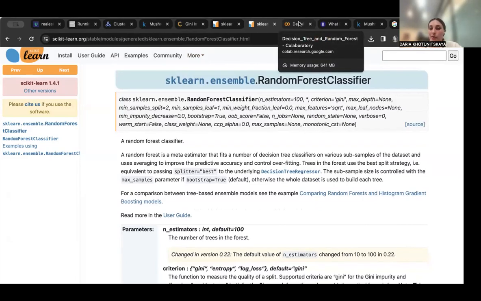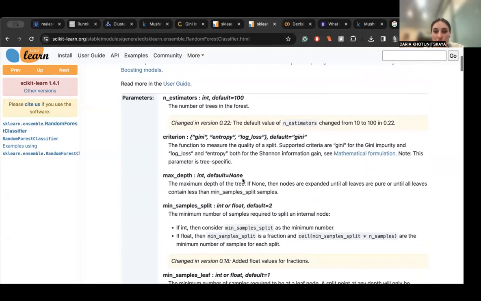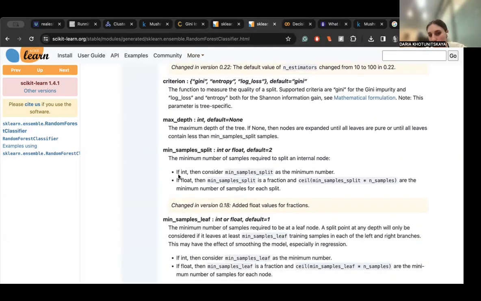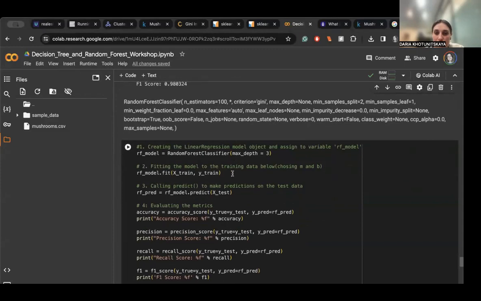I'm going to tell you, I don't remember off the top of my head every single parameter. It's easy just to search it up and understand what parameters I do want to adjust, and you can read what each one is. Again, it's important to understand documentation and be able to know how to read documentation. But moving forward,